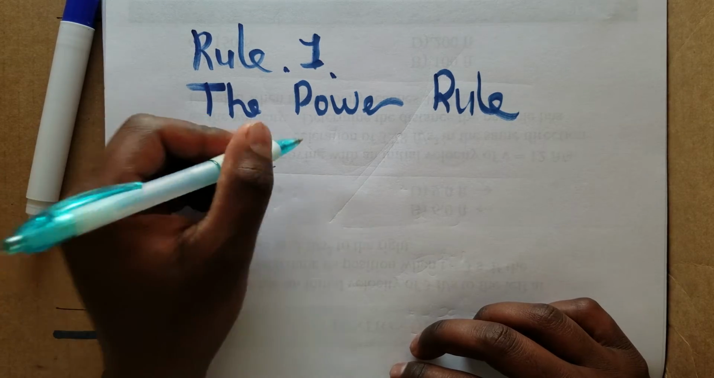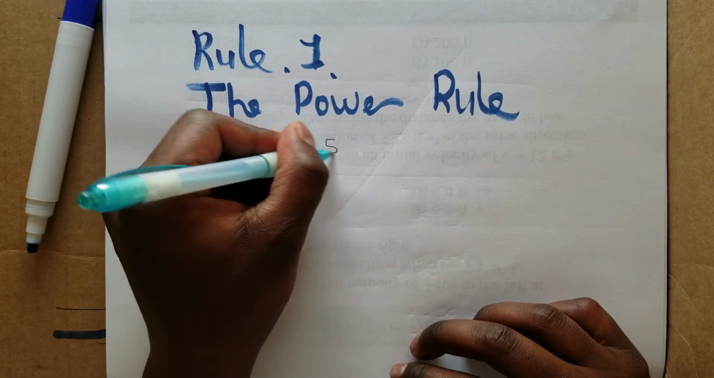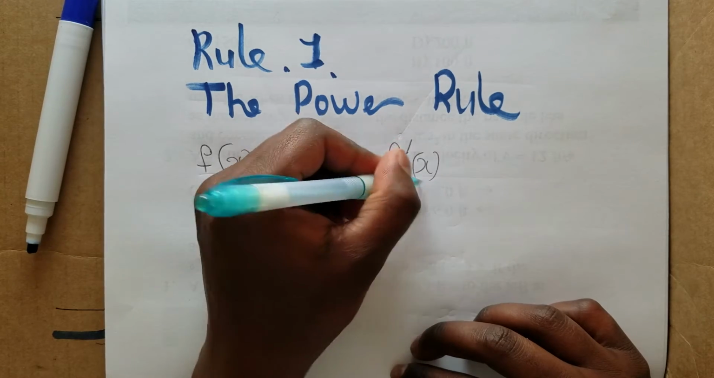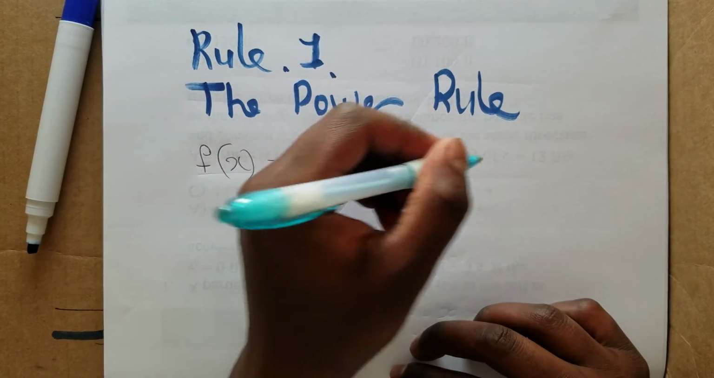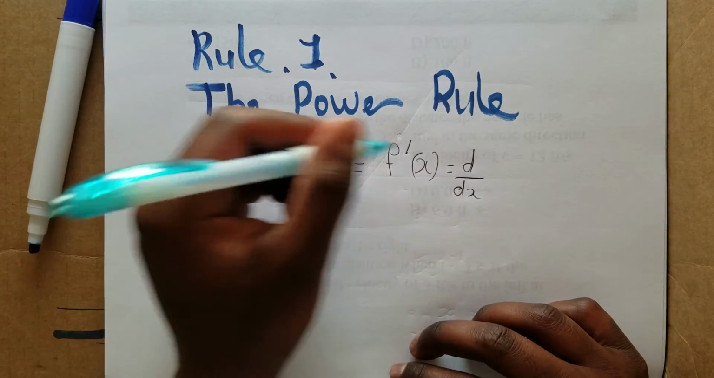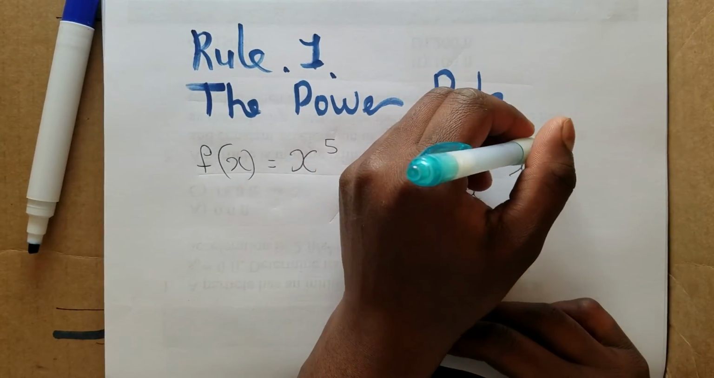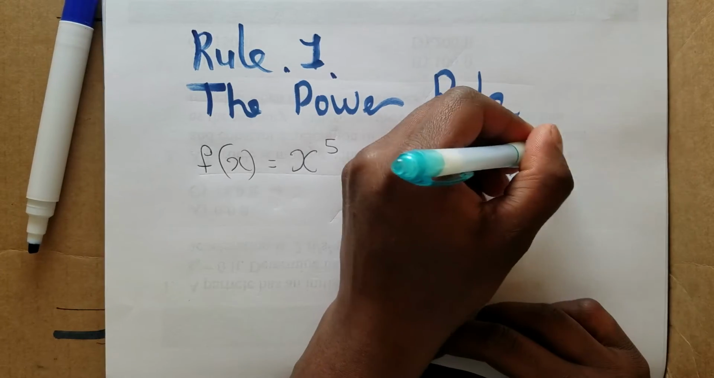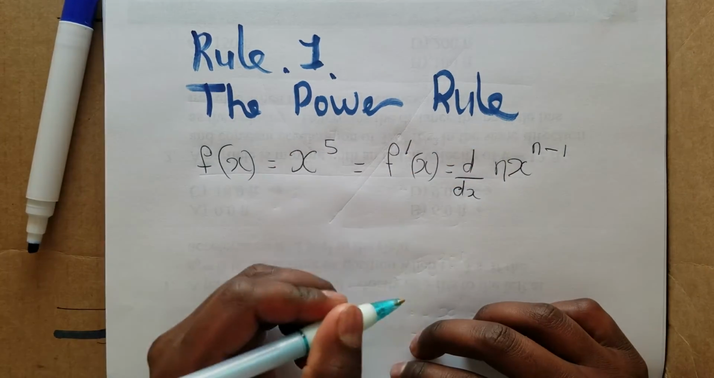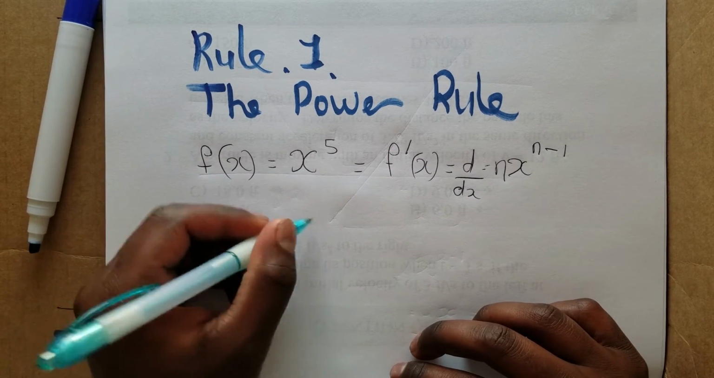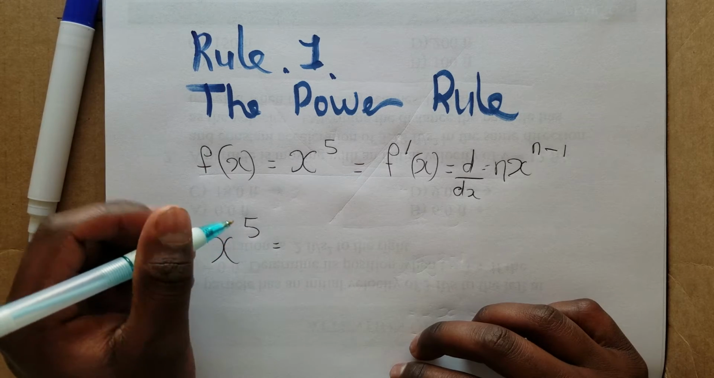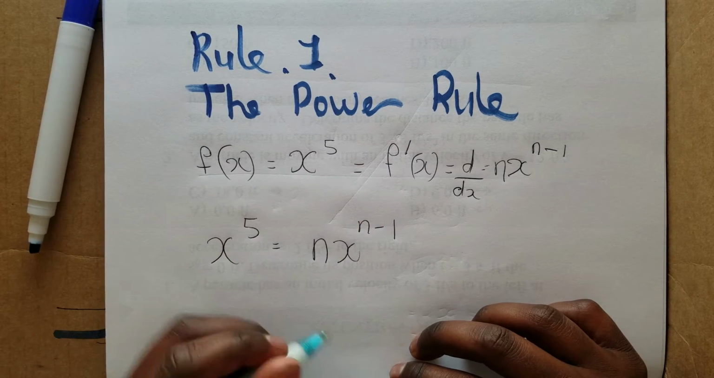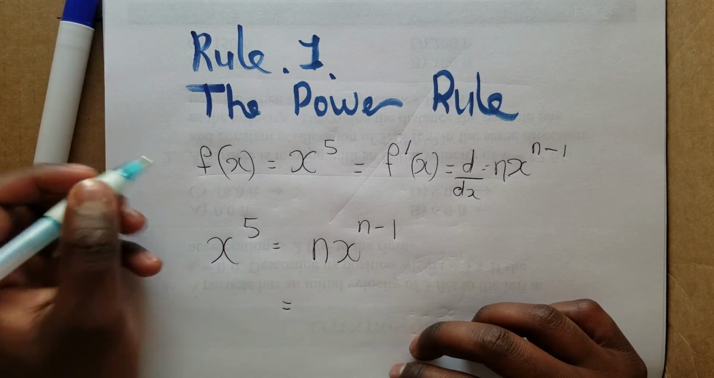f(x) is equal to x to the 5th. The derivative is written like this: the derivative of x to the n is n times x to the n minus 1. That means that if you have a function f(x) equal to x to the 5th,